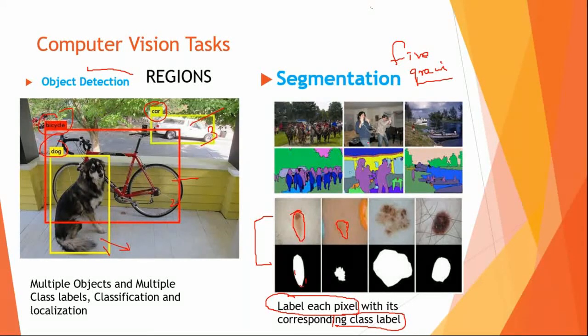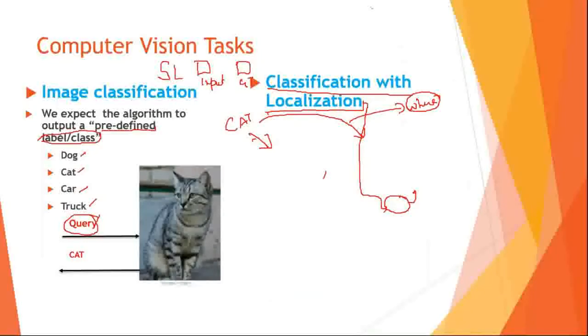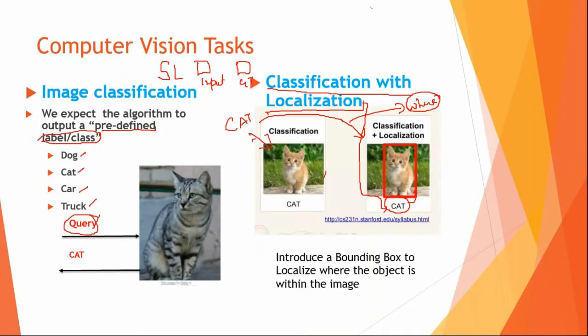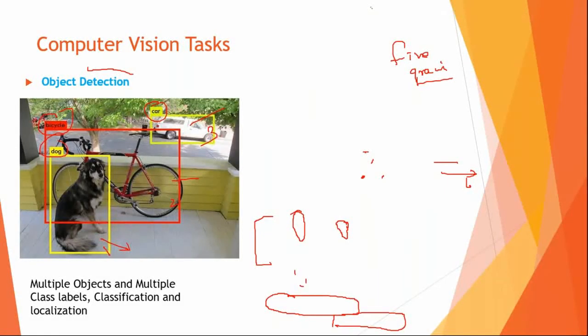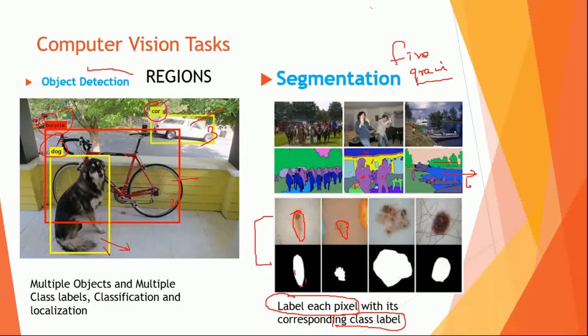So here you can see the people, the backgrounds, the roof, the floor, here the trees, the beach, whatever, the lake and all that stuff. So what you are doing here is you're working on each and every pixel and you're trying to classify them. So now if you have followed, it moved from image classification to localization, localization to object detection, and you add a more fine grain, which is segmentation.